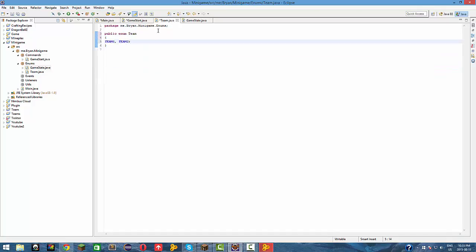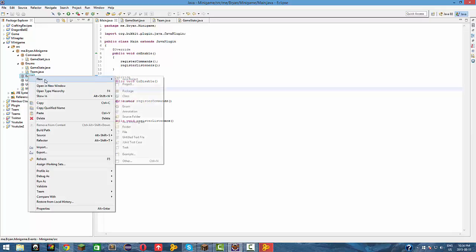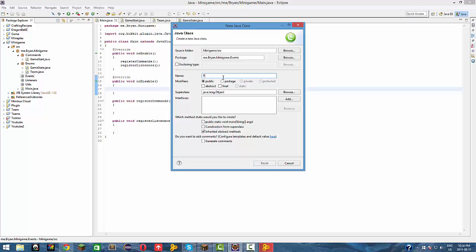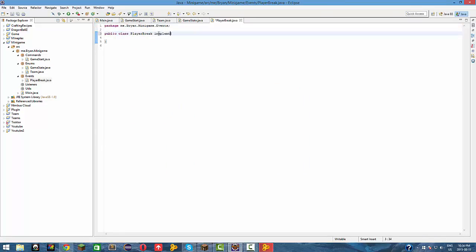So, inside of our team, this should be good. Inside of a game start, we're not gonna have anything in there. Inside of our events, we need to make a class. We're just gonna be setting things up. Implements listener, control spell, public void act event handler, public void on player break,